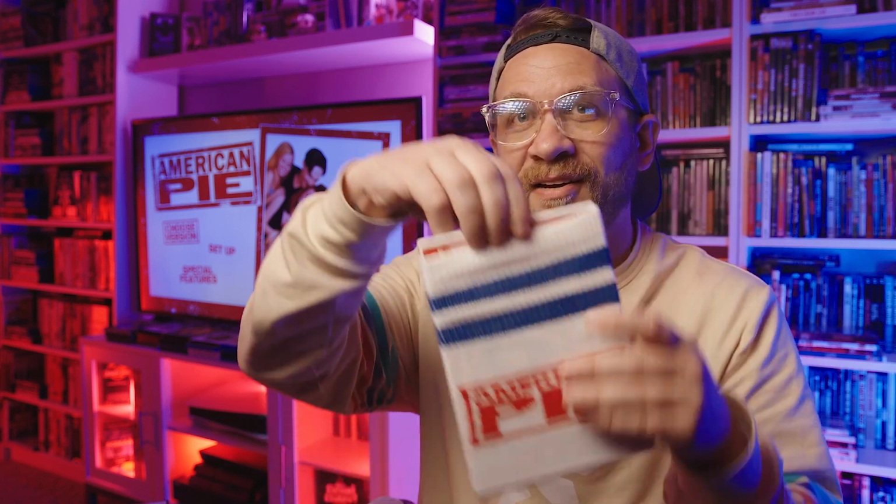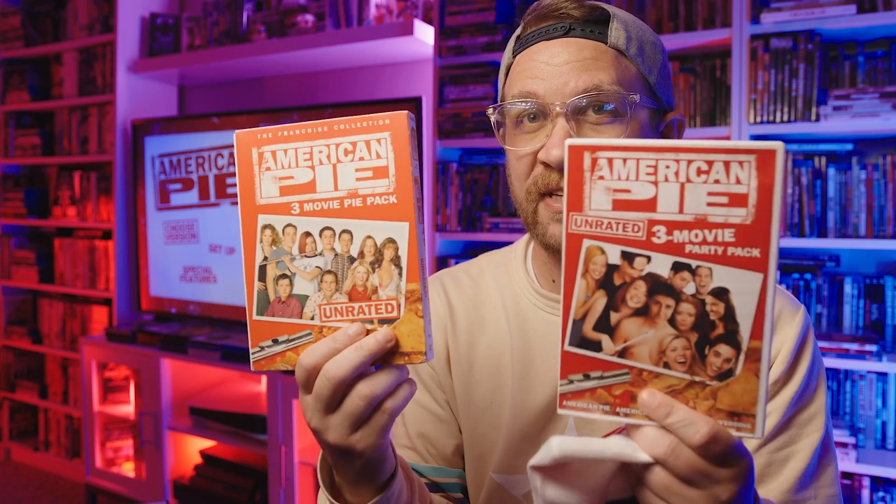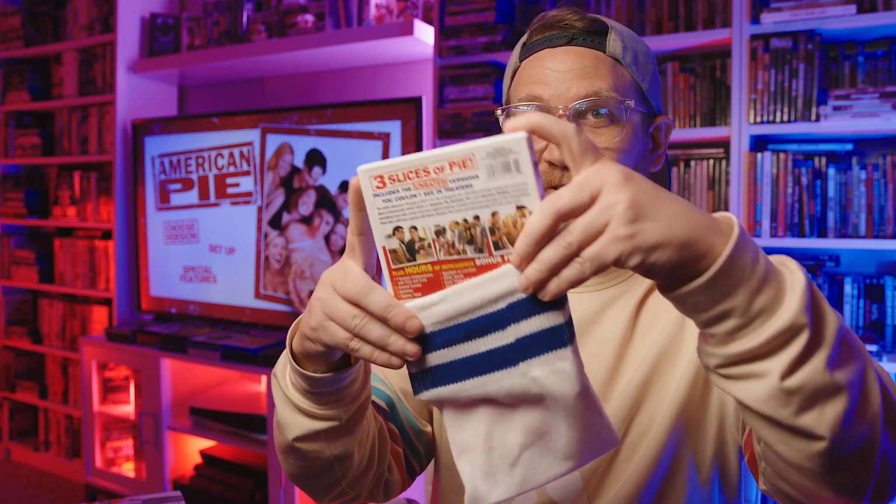But God, I wish I could tell you how comfortable this sock feels. Like, it's like a legit sock. And you take it off, and you got the movie. So this is the same as the big box set. These are basically the same, just different packaging. But it's a sock slipcover, which is so dope. I've never seen a slipcover that is literally a sock. It's not like paper meant to be a sock. It is legit a sock,